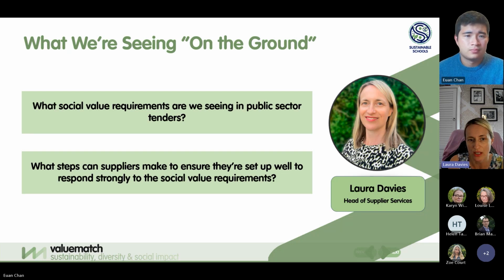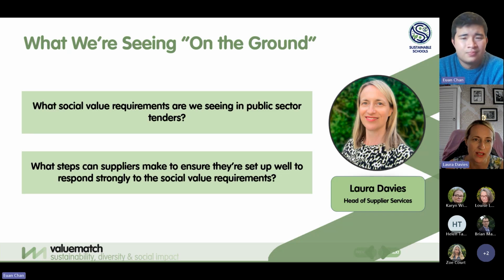I used to see somebody respond to a quite vague social value question by saying, oh, we're going to employ local taxi companies in the area. And it's like, okay, that's great, but how are you going to track that? How are you going to make sure that happens? We need some precision around objectives and targets where possible: we're going to commit to doing this, reduce this by this much, by this date, and that needs to translate into the contract. So understanding what's required of you when you're responding, and those commitments, are the key themes I would pull out.